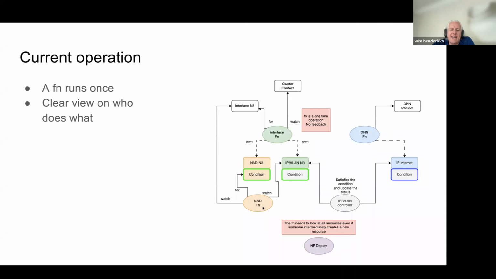And then the NAD function comes and looks at both conditions as well as the resources, and it generates an NAD if the IPv is okay, right? In the color code I try to represent who is the owner of the creation of the resource. So orange here is created by the NAD and green here is created by this guy, right? You'll see that it's similar in the new proposal. What is different is that